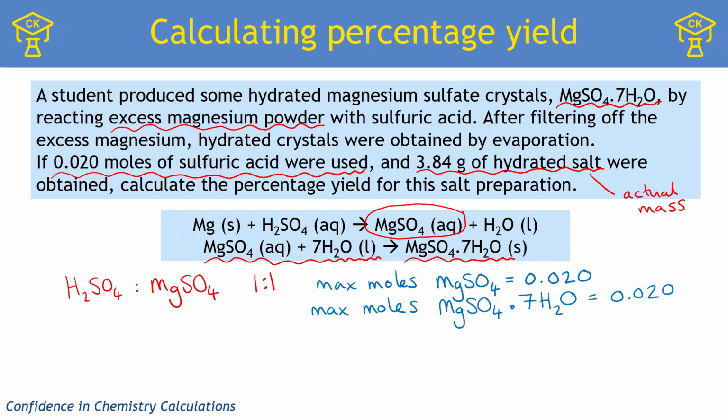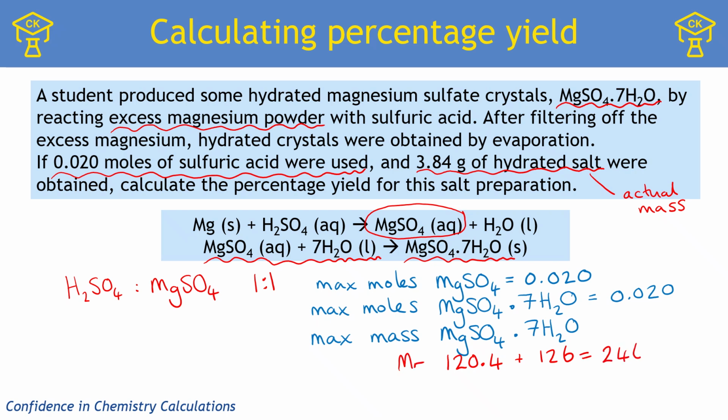Now all I need to do is do what we did before, which is work out my maximum mass of the hydrated salt. So I need to do a little bit of working out to do the RFM. So I'm going to work out MgSO4 first. That adds up to 120.4. I'm going to work out H2O is 18, times it by 7 is 126. That gives me my Mr, which is equal to 246.4. My mass, therefore,